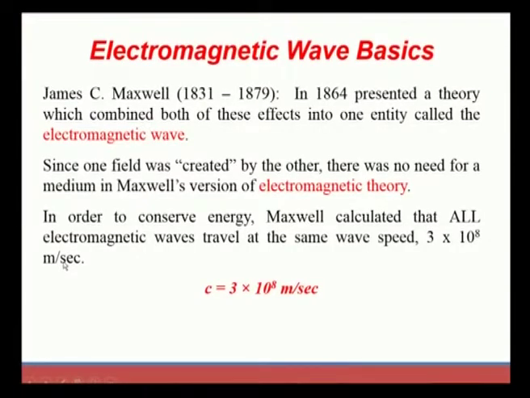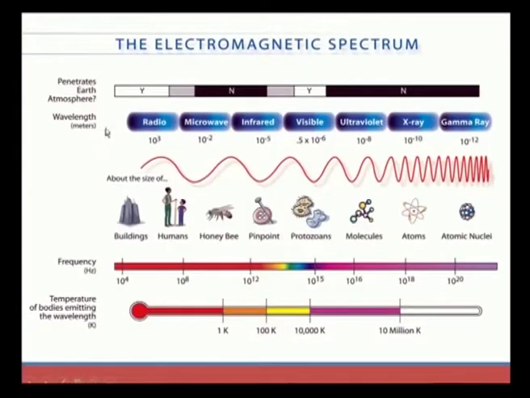Now we can say that the rays or light coming from the sun are also electromagnetic waves, and they consist of a spectrum, a series of waves in the electromagnetic spectrum. This is how it looks in the figure. It shows how the waves from the sun penetrate the earth's atmosphere, and some of the waves do not penetrate into the earth's atmosphere because of the ozone layer present around the earth.